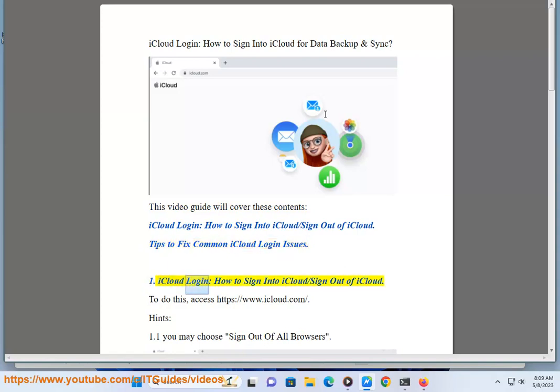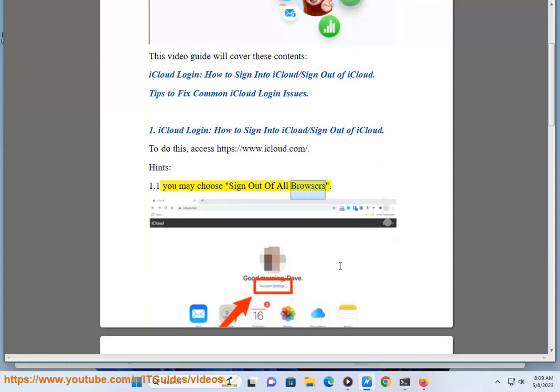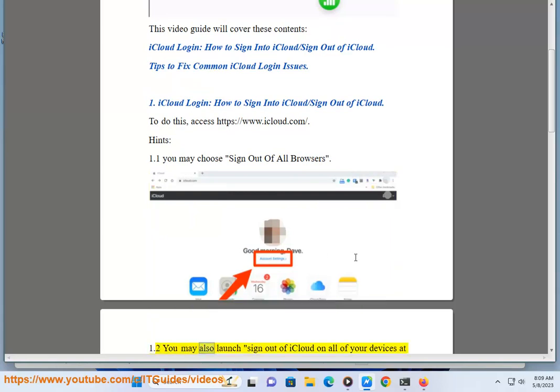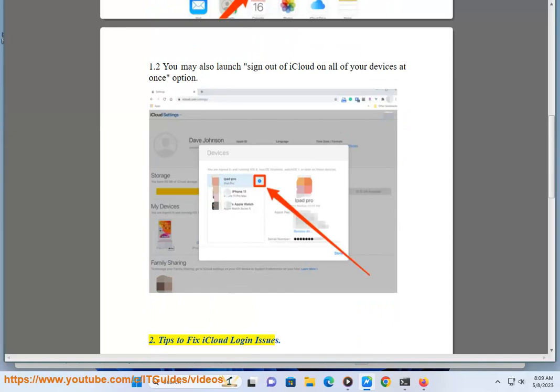1. iCloud login, how to sign into iCloud and sign out of iCloud. To do this, access https://www.icloud.com. Hints: 1.1. You may choose to sign out of all browsers. 1.2. You may also launch the sign out of iCloud on all of your devices at once option. 2. Tips to fix iCloud